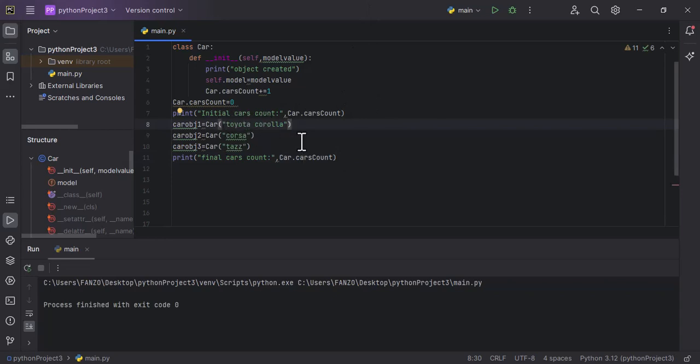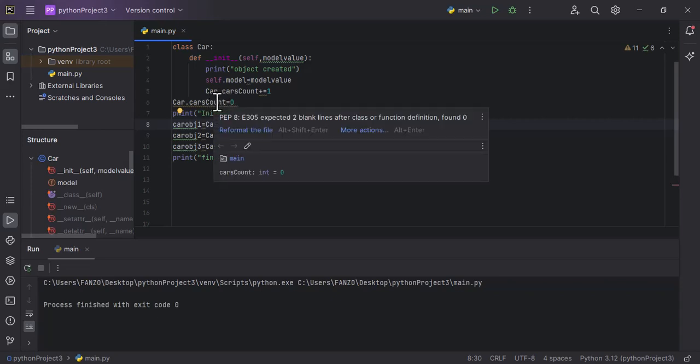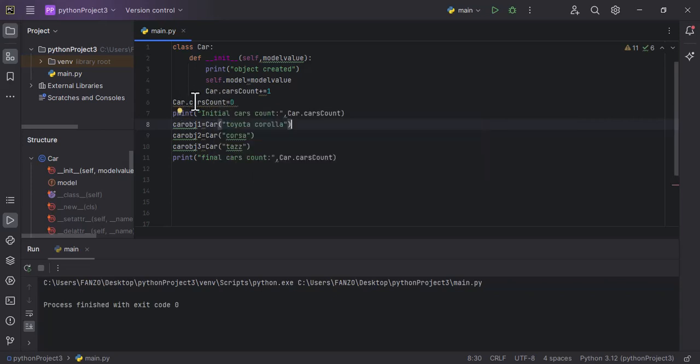I'm not printing out the model anywhere in my print. I'm just printing out the initial cars count using this static cars count, and here the value is 0. So this is not going to be incremented. Why? Because it is not inside your constructor. The indentation is not the same. So this one will be incremented because it is inside of your constructor, and this one will not,